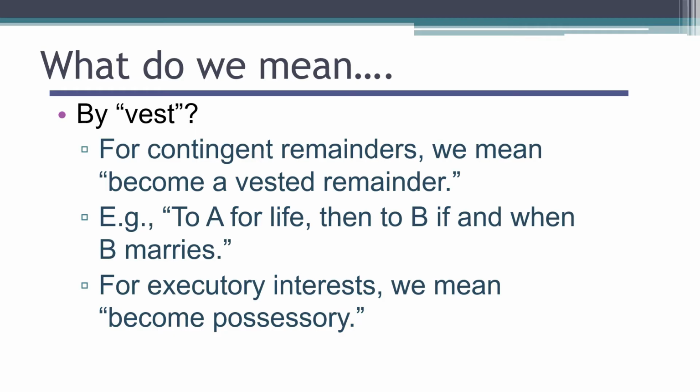Now, it isn't possessory yet. It doesn't become possessory until A dies, but it now becomes a vested remainder, and if it will do that within 21 years after some life in being at the creation of the interest, then it's valid. In this case, it will do that within B's lifetime. We don't even need to use the 21-year period, and so that one is valid under the rule against perpetuities. But we determine that by determining when, how far in the future, it will become a vested remainder, because it